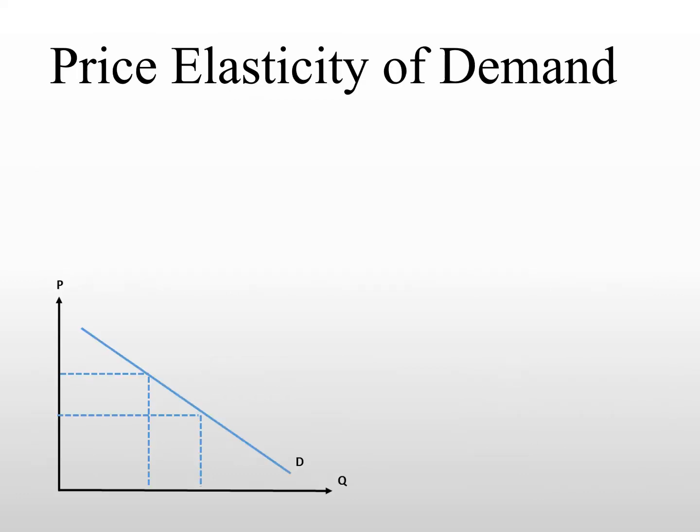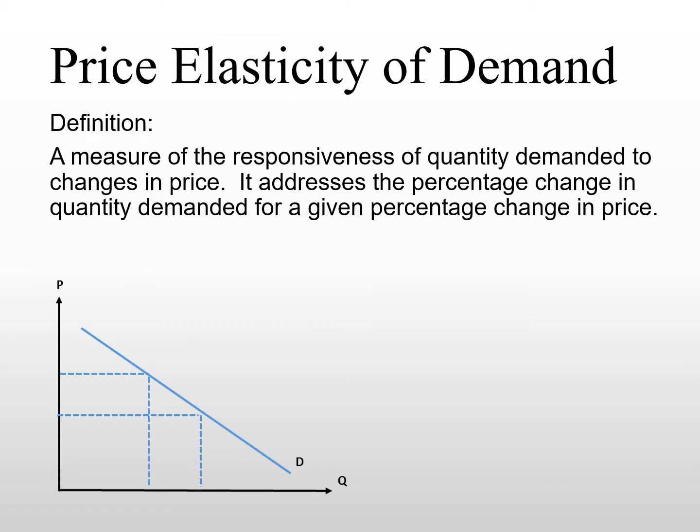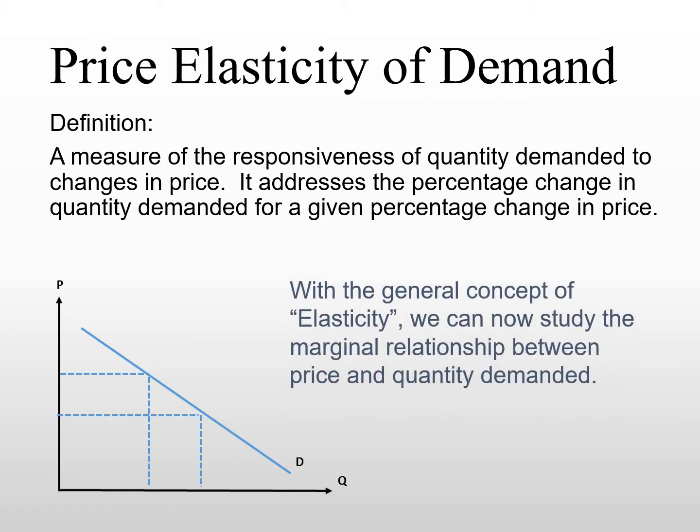Generally speaking, the price elasticity of demand measures the percentage change in price and the percentage change in quantity of the goods. When we study the percentage change of the two, we are able to standardize our measures. That standardization helps us keep a very close eye on the responsiveness of the quantity demanded in the market to the change in price. So now we are going to study the marginal relationships in terms of percentage change in price and quantity demanded for the goods, instead of price and quantity.